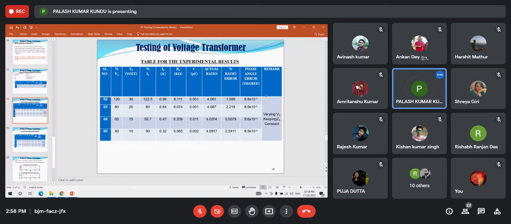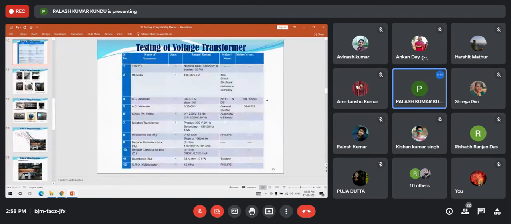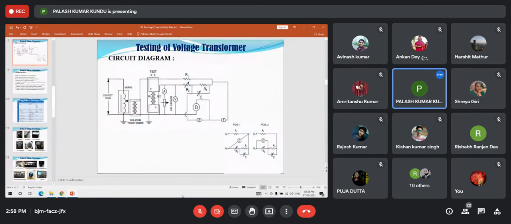That's why, if we go again to the experimental circuit diagram, then for the first condition, first of all, what will be the initial setting? We must apply the rated voltage, 100 volt. And how will we set the rated secondary current? The impedance can be varied in such a manner that the ammeter shows 0.8 ampere. So these are the rated conditions, and we should not change them while performing the experiment for the first condition.